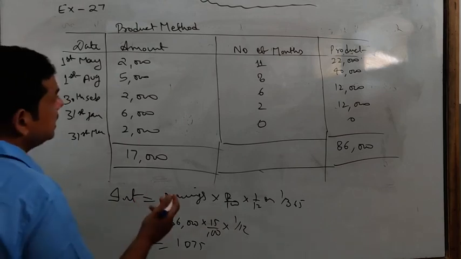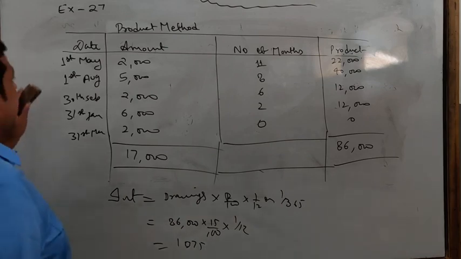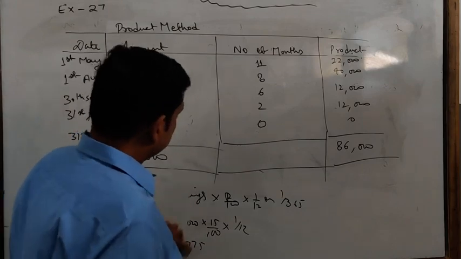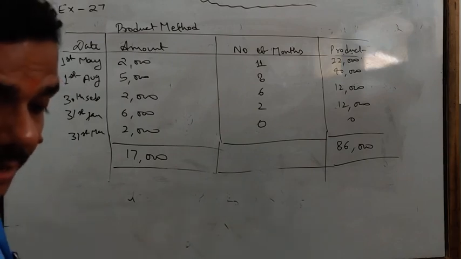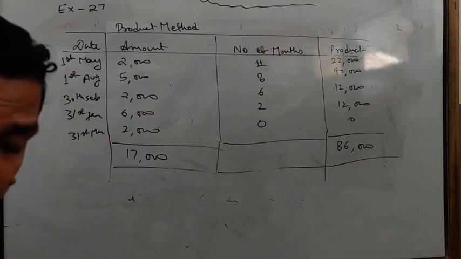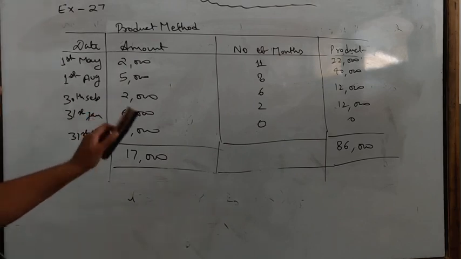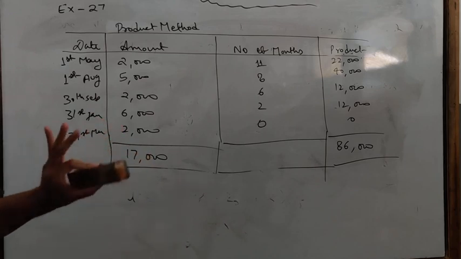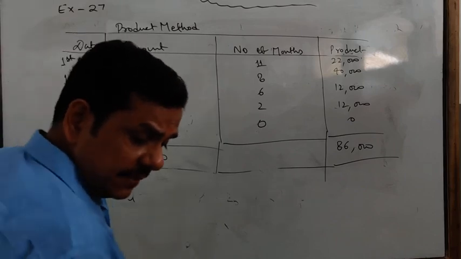Clear? Okay. Now see next case. See next case is if the date of drawings is not given. If the date of withdrawal is not given, clear? This is case 9. If the date of withdrawals are not given, you can find out the interest on an average basis for 6 months. Clear? In case if it is a question only the amount withdrawal is given and ROI is given, no time is given, then you can take the time as 6 by 12.